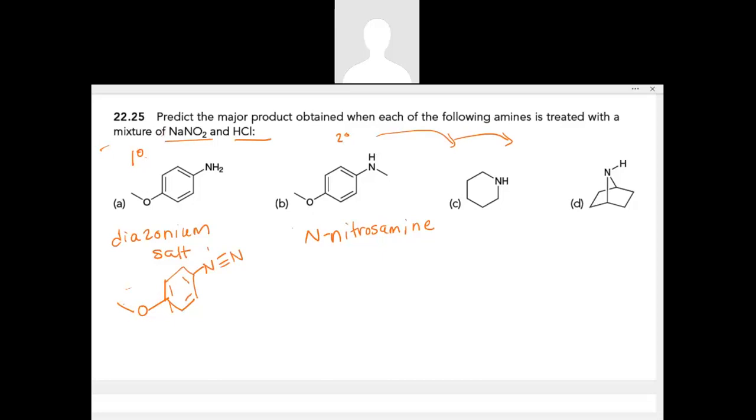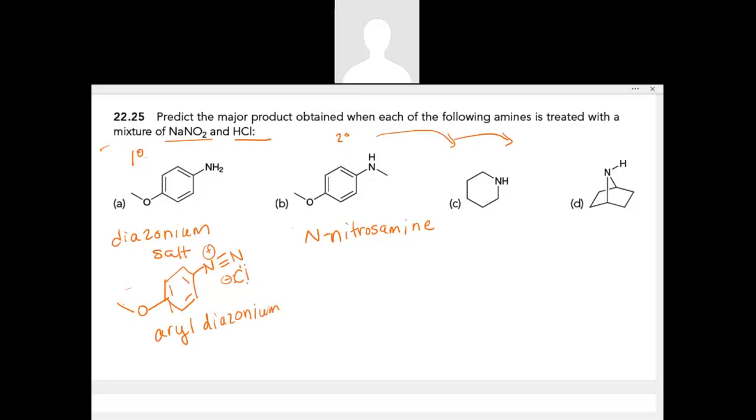So we're going to have a positive charge on that nitrogen, and then the chloride ion will balance out that charge. So this is what we're referring to as a diazonium salt, specifically an aryl diazonium salt, which